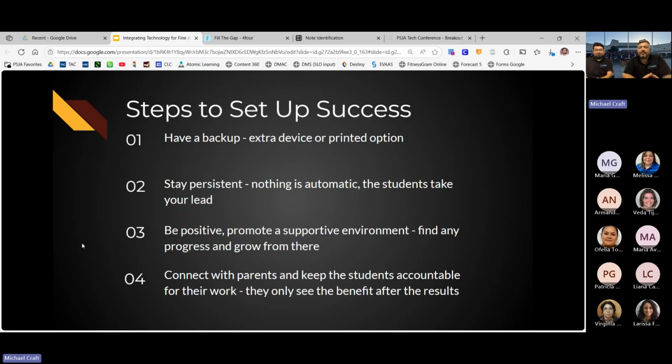That's the one. If you're not a part of it, if your team doesn't believe in it, it's not going to happen. Yeah, and I'll tell the kids this a lot of times when they feel down or like they don't want to work. The last thing I said here is that they will only see the benefit after the results. So you need to push through, even when they don't want to do it.